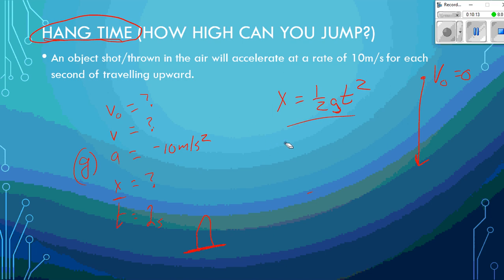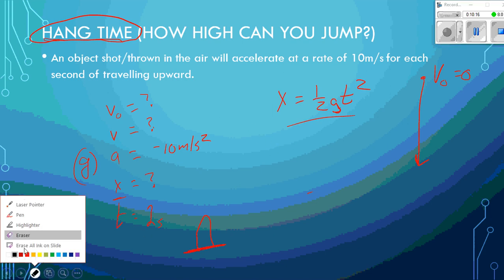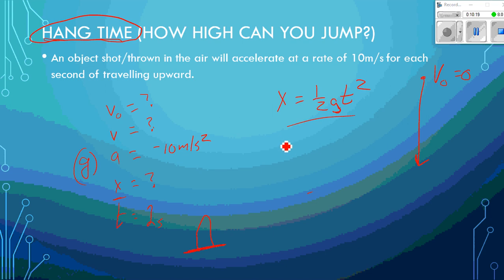Okay, so let's see how high Derek Jones could jump if his hang time was 2 seconds. Okay, so 1/2 of 10, it would be -10 actually, times 2 squared. So your height then would be 1/2 of 10 is what? Okay, so -5, 2 squared is 4. So it says Derek would jump -20 meters. Oh my goodness. I must have done something really wrong here. Let me double check this.